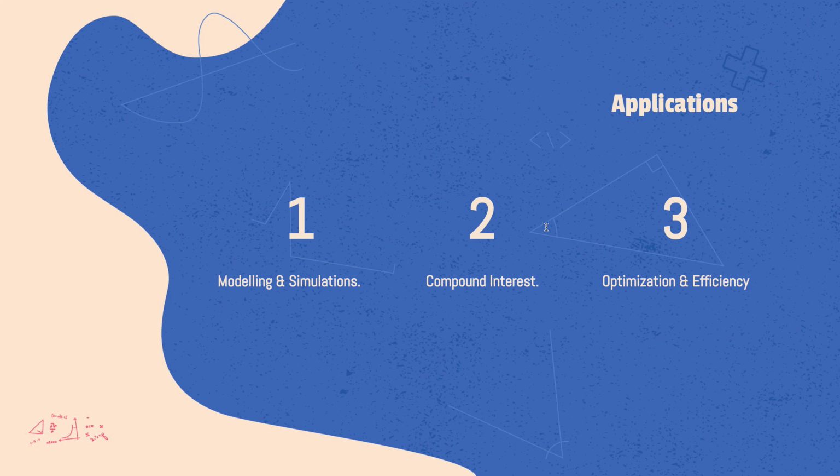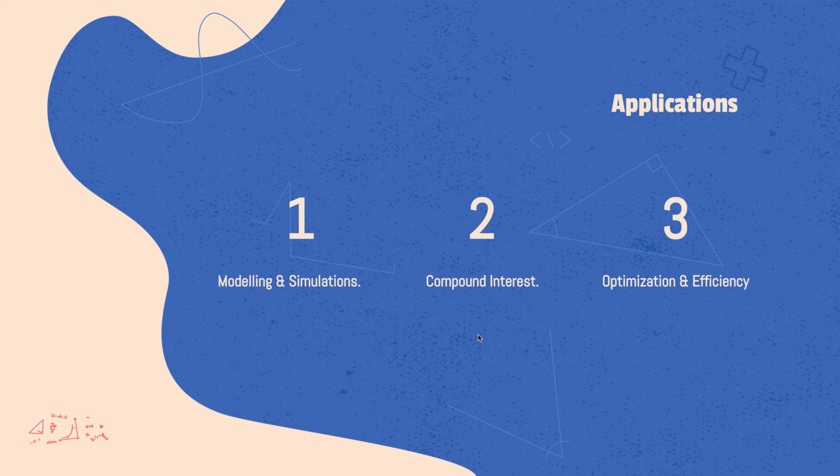So now we will look at some applications of functions. The first one is modeling and simulations. So for example, if you want to make a certain model, then it would be helpful to make a function which will take in the different variables and give you the correct output for that. So such functions, often multi-variable functions, are used in modeling different kinds of things in physics. For example, if you want to model how a machine would work, then you could alter the different conditions with the help of different variables and functions, and then find the optimal output.